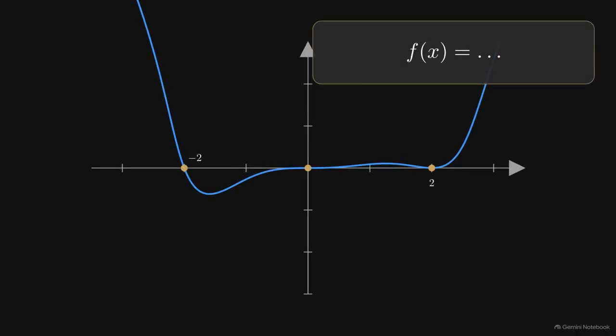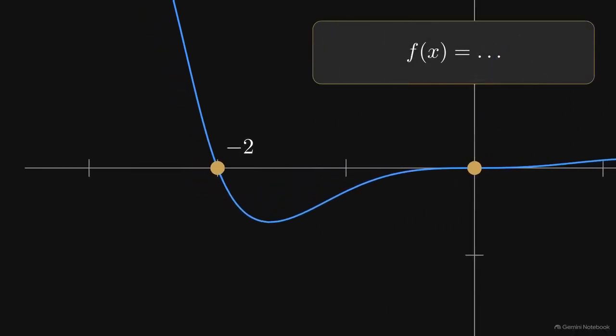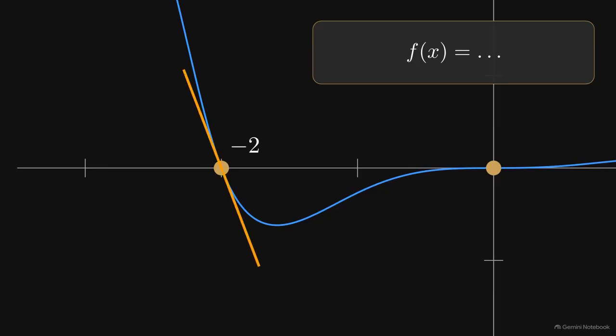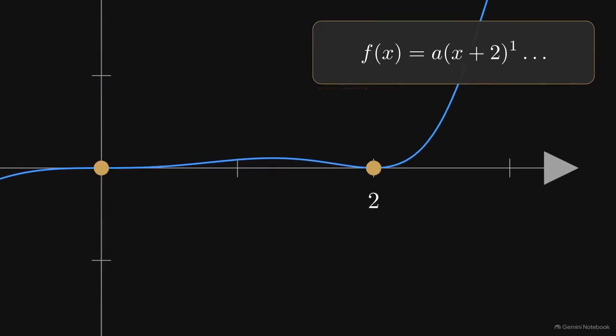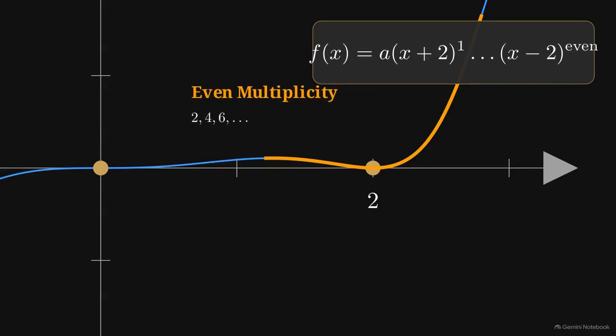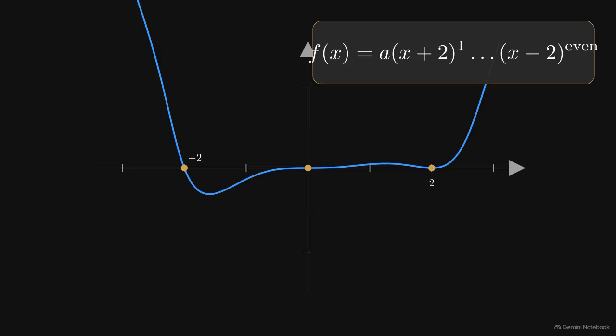We'll begin on the left side of our graph at the intercept x equals -2. The curve passes through the axis with no visible distortion. This straight crossing indicates a single-order root, meaning the factor has a multiplicity of 1. Moving to the far right, we see different behavior at x equals 2. The curve touches the axis and immediately bounces back, creating a parabolic shape. A reflective bounce requires an even multiplicity, restricting our exponent options to 2, 4, or higher. These two distinct geometries, the straight crossing and the bounce, provide our first two exponents, a power of 1 and